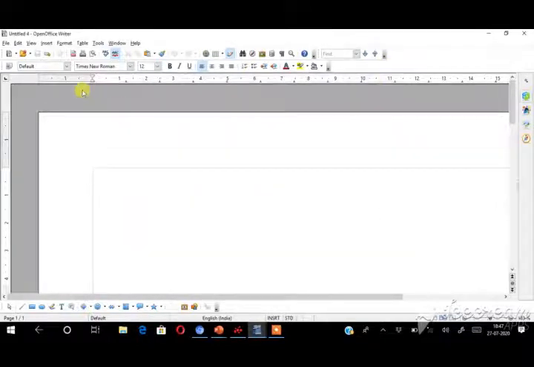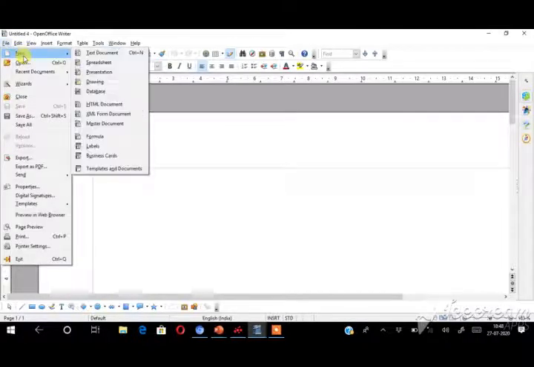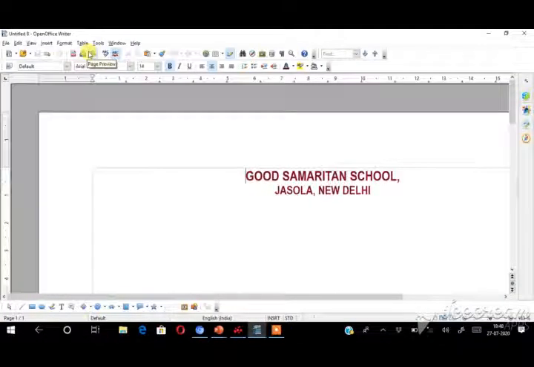Now let us see. Whenever I open a new document, the default template only opens here. See here, the default template only opens here. Before that, whenever you opened a new document, an empty document would open. If you set up a custom default template, after that if you open any new document, the default template only will open.